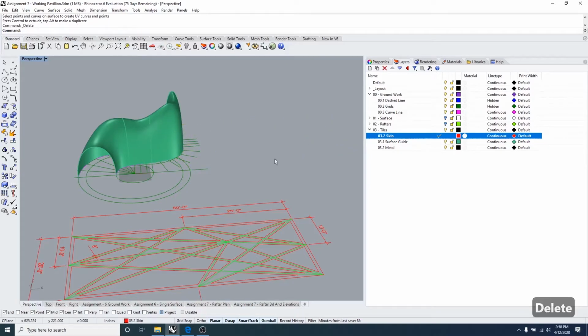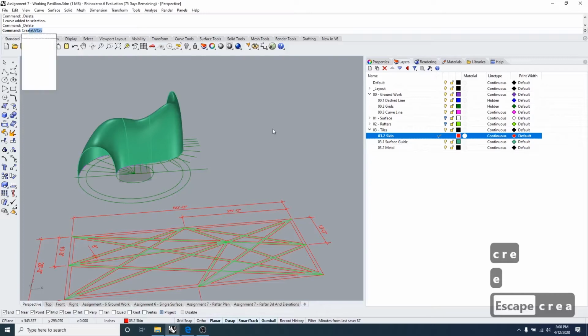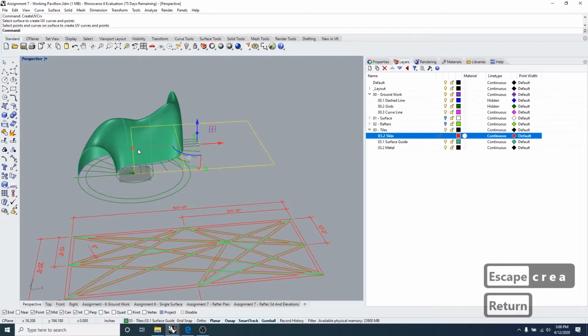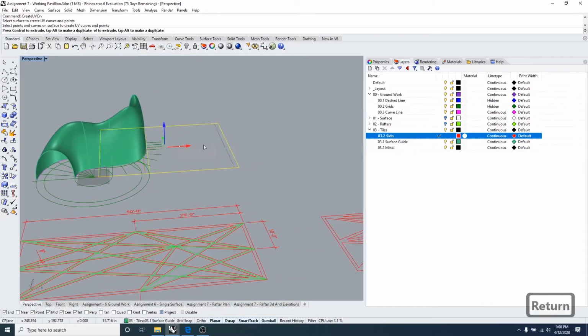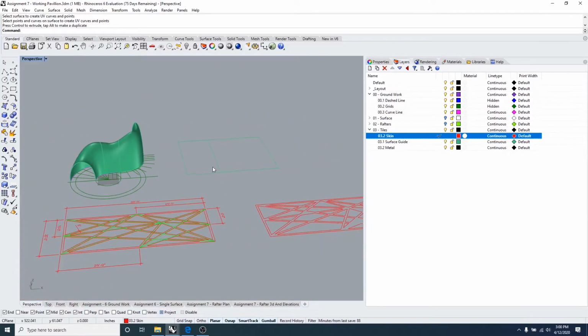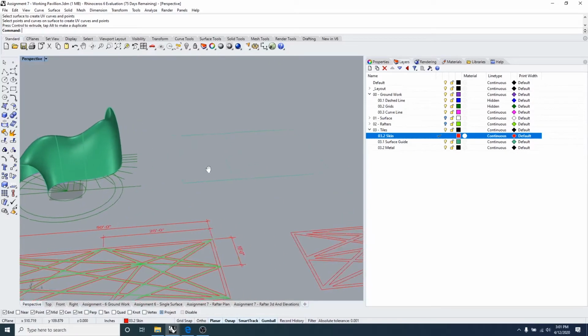So once I hit enter, you're gonna see that I have that going in here. I think I clicked twice. Let me see why. Okay, so create UV curve. Select the surface. Hit enter, and I got 2 rectangles here. And the reason why is because this command remembers where the surface comes from. It remembers that we took a big surface and then we split it into 3 parts. That's why you're getting